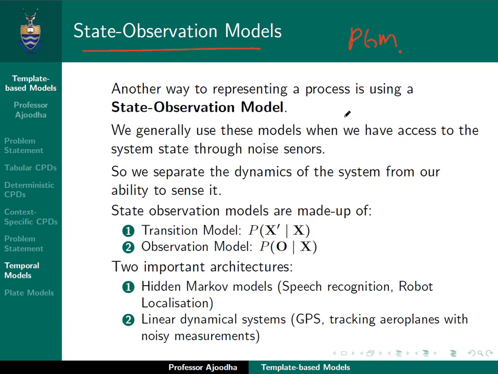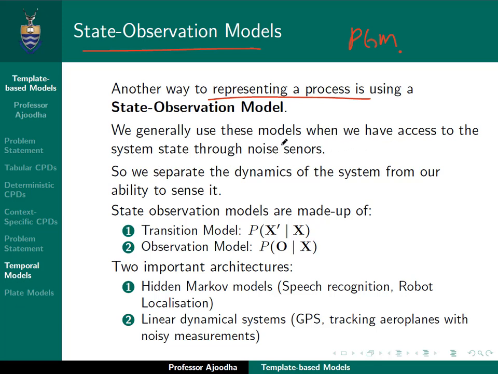So then the next day you see me again with the gloves and stuff, and you say I'm cold. So you can see I'm switching between states based on observations. This is what a state observation model actually does. So this is another way of representing a process, and we generally use these models across different kinds of problems